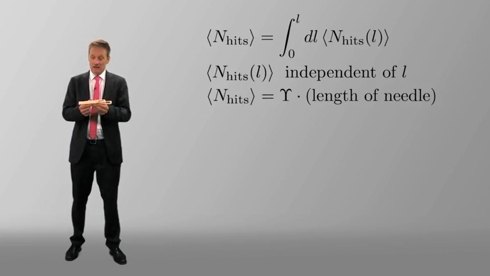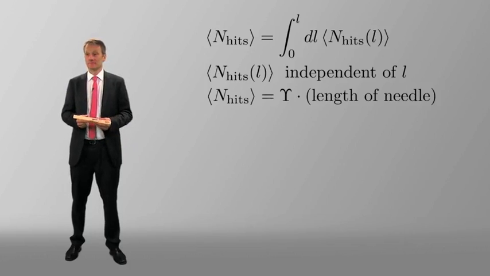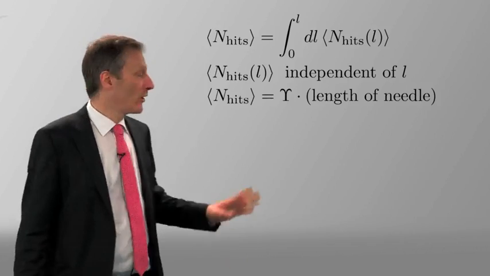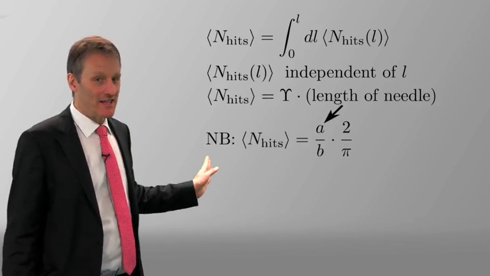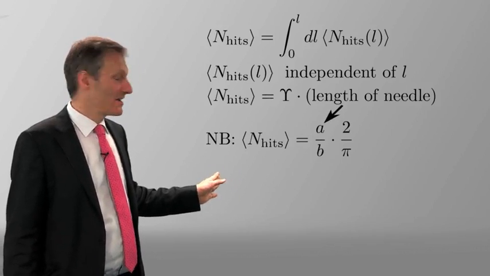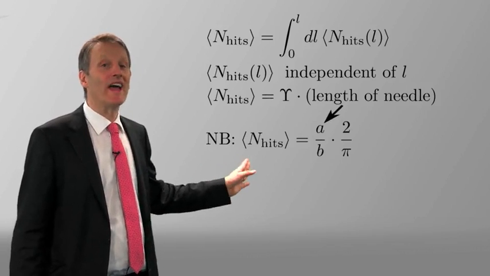So the gadget that we had before, of length 3/2, has 3/2 as many hits as the original needle. And this we already saw in our starting calculation, because the number of hits was proportional to A, the length